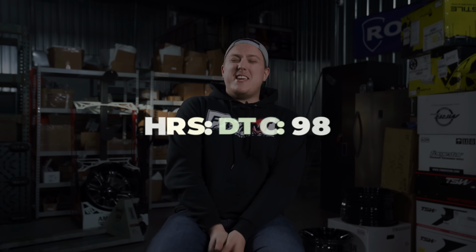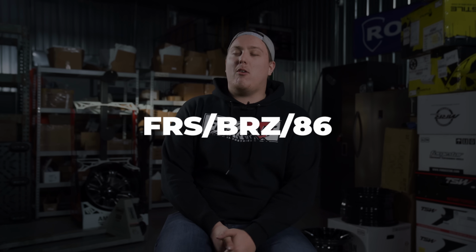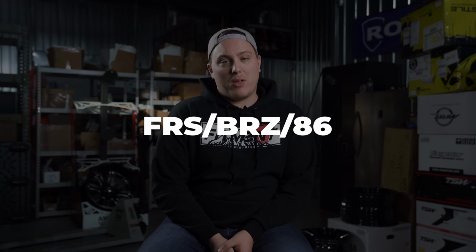You add some nice suspension, it's gonna whip around the track even faster. So that's what makes the Mazda Miata such a decent platform to build one of your first cars off of. So that leads us into car number 3, which would be the 86 platform. Now, what makes this car such a decent platform to build off of and such a nice car to really